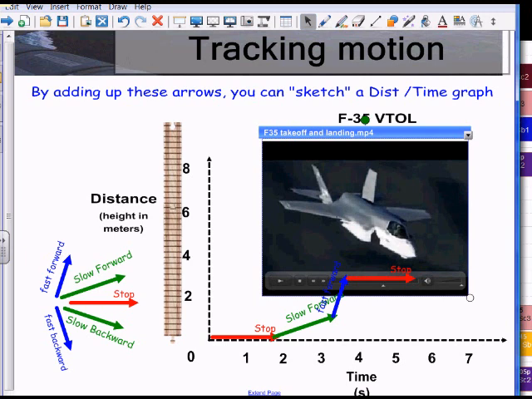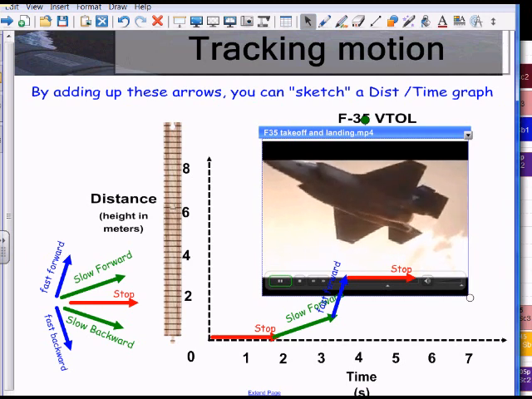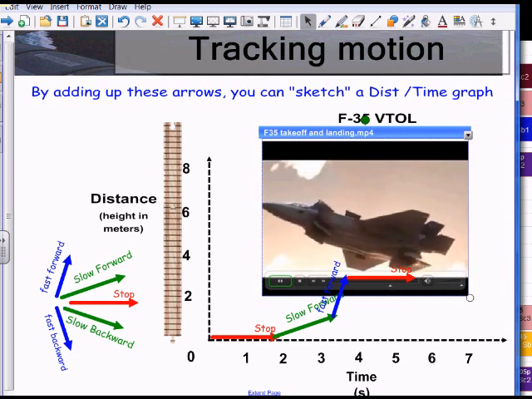But I should say stop here because he's stopped at a certain height, and he'll stay at that height for a little while. Do a few flips and that kind of stuff, play around, and now he's going to start coming back down